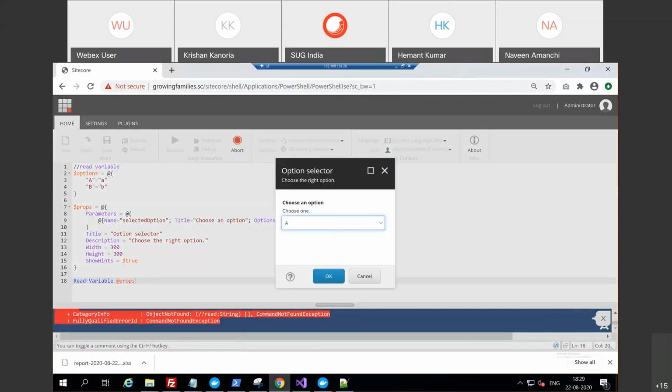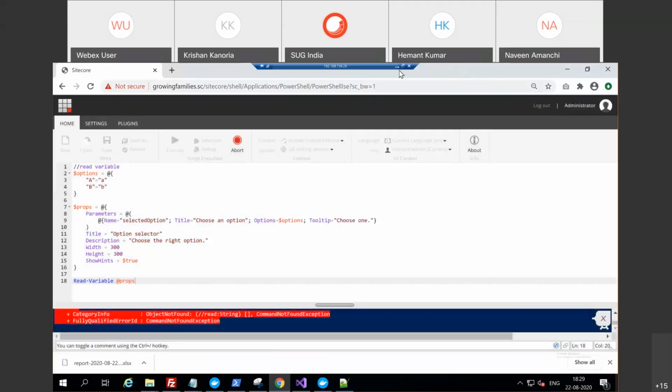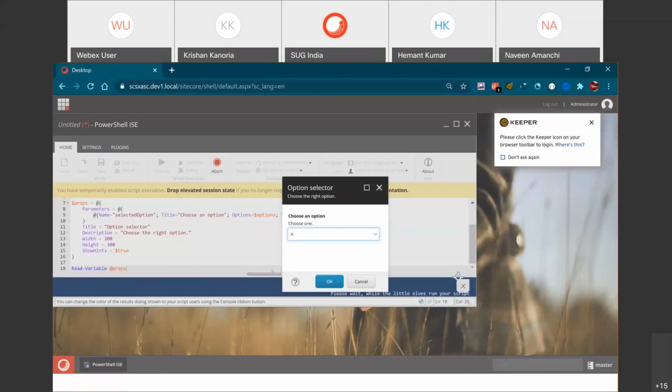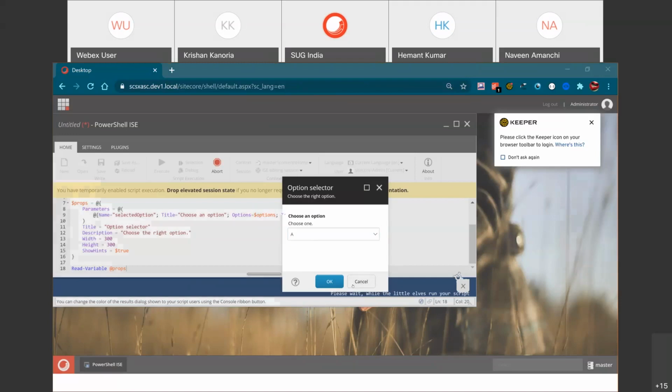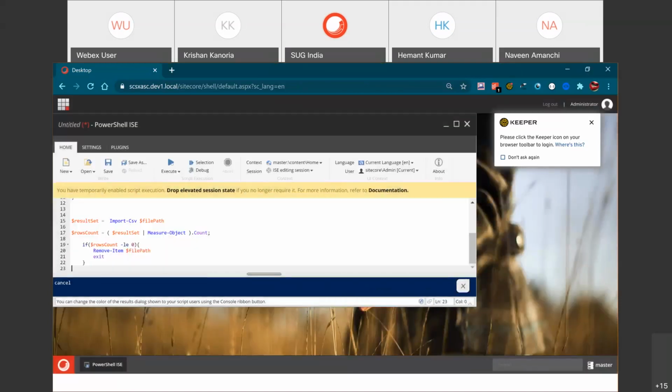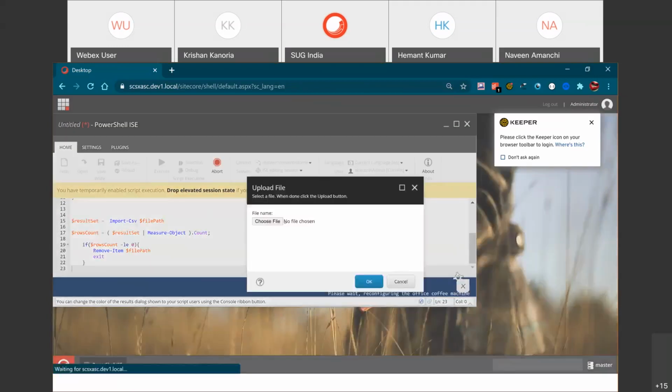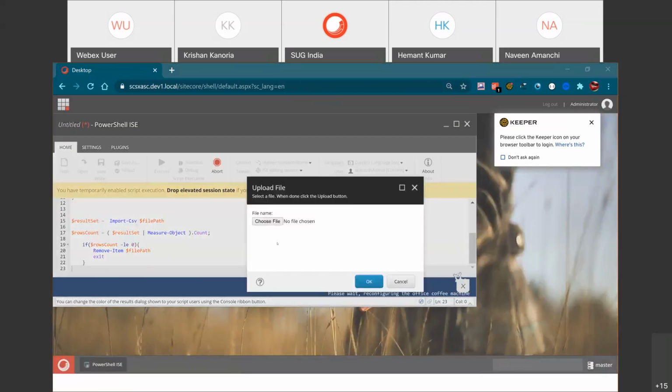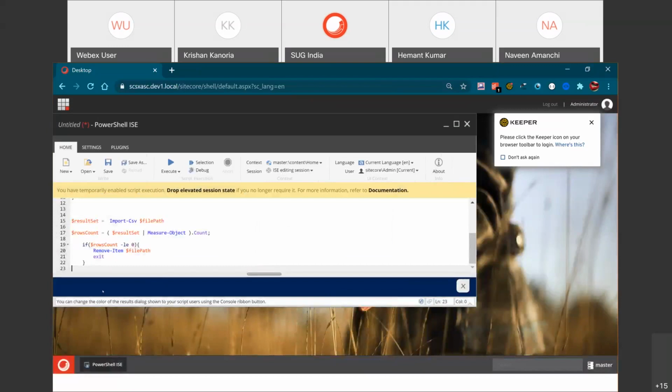Here you can see I have these drop down options, so you can create the pop-up according to your choice and whatever your requirement is, and then you can do the things. Similarly, you have different UIs available, and you can create them accordingly. As I said before, I had one script to upload CSV files. For that I needed this upload interface, so I got this one, and from there I can choose any file from the file server and do the operations. So that was also there.